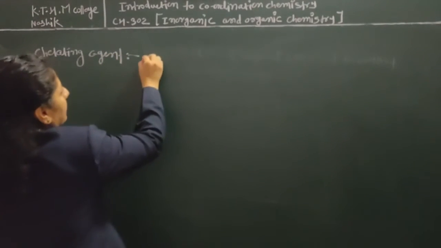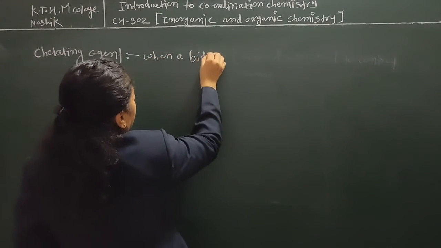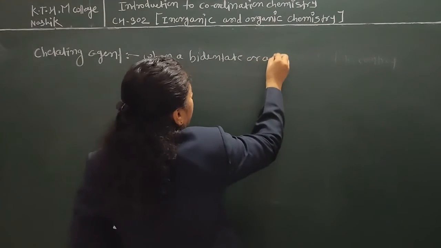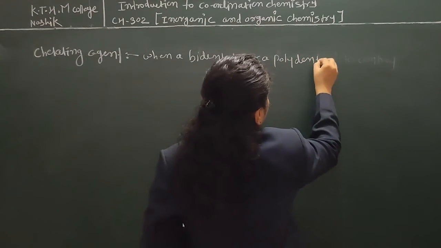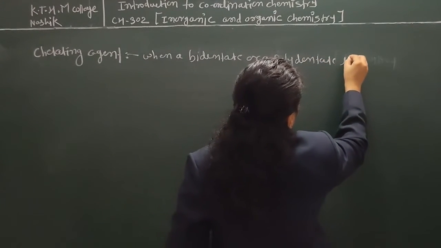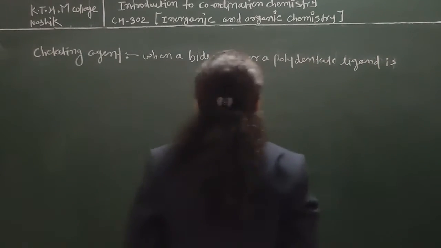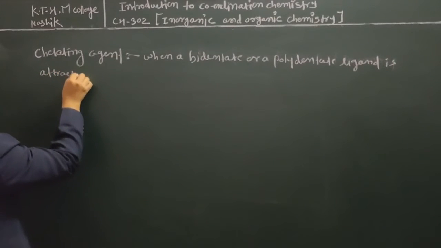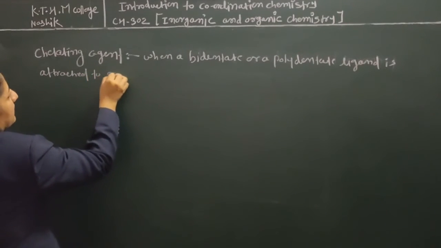A chelating agent is when a bidentate or polydentate ligand is attached to the same central metal ion